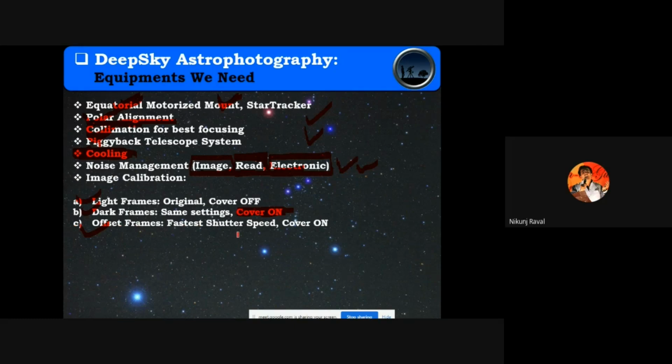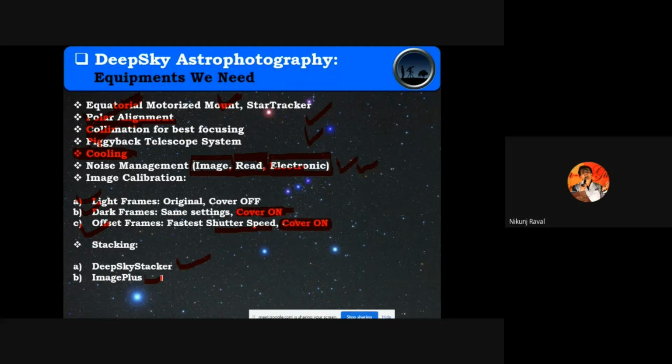ऑफसेट फ्रेम में आप शटर स्पीड फास्ट कर दीजिए, से वन मैक्सिमम जितना आपका कैमरे का है, कितना होता है, 1/4000। एंड कवर भी आप लेंस कैप का कवर आप रख दीजिए। एंड ऑल दिस थ्री एक्सपोजर्स you should load in the software. We'll talk about software later on. Okay, the software is Deep Sky Stacker. मैं आपको चैट बॉक्स में लिख दूंगा डीप स्काई स्टैकर के बारे में।